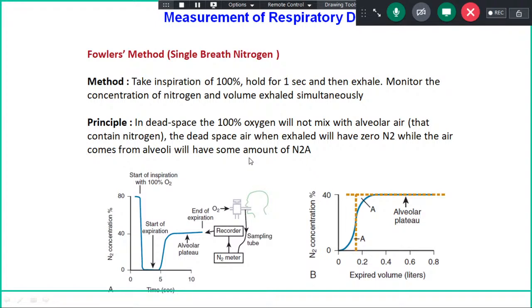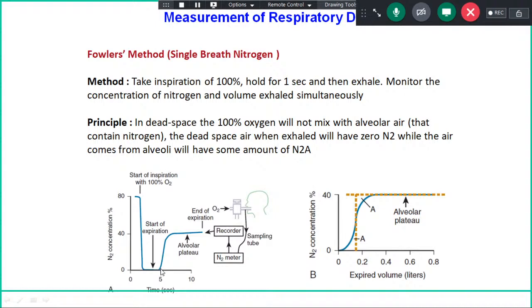No nitrogen is coming in. So whatever was there in the conducting airways goes first into the alveoli, which already have 80% nitrogen in them initially. After taking a deep breath, we ask the subject to hold for 1 second and